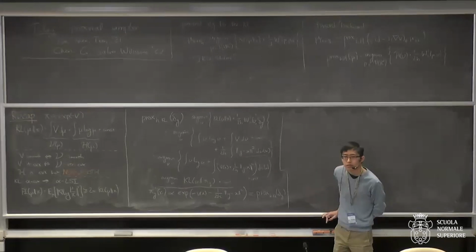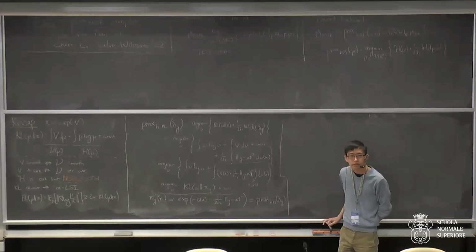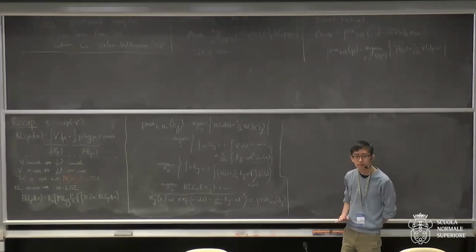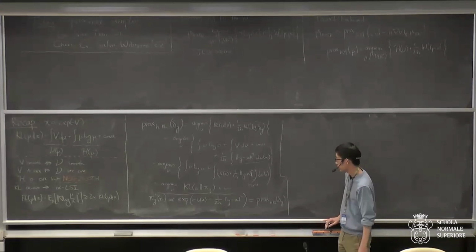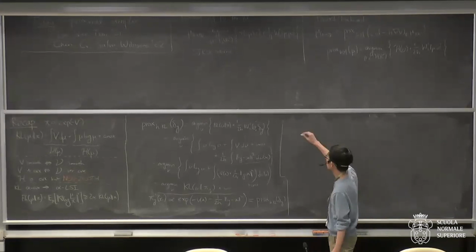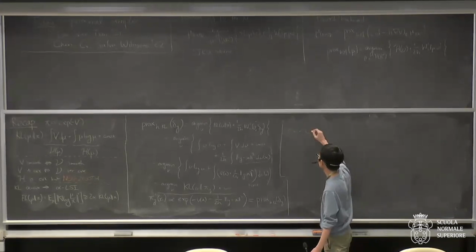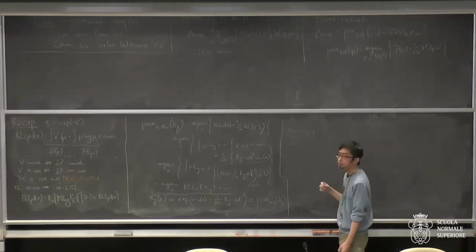Is everyone familiar with rejection sampling? No? Okay. I'm not sure I want to explain the details of rejection sampling because it's not the most interesting part. But the basic idea is, if I want to sample from some density p,